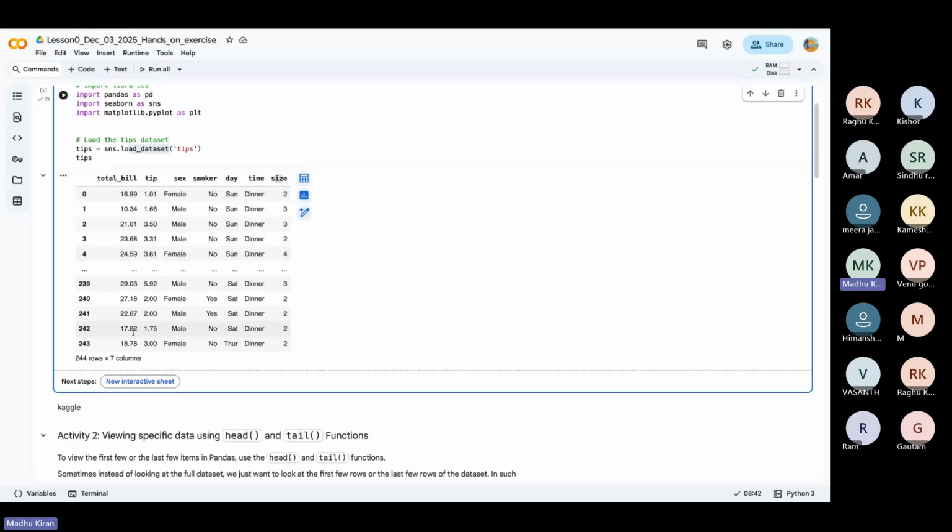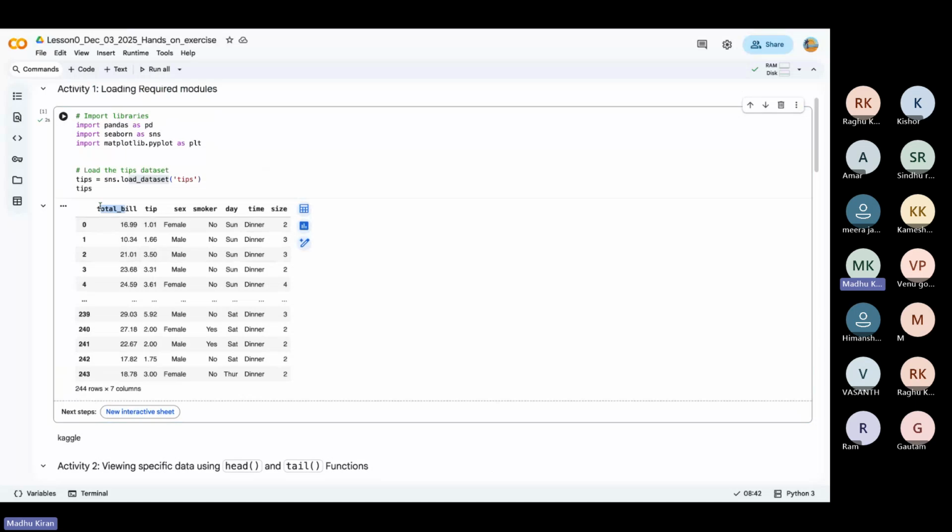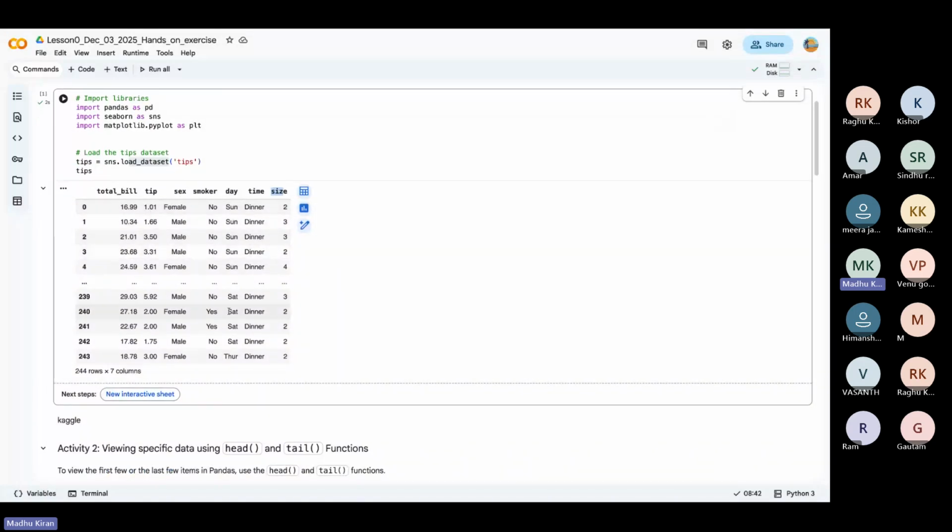What we are trying to analyze here is, based on the total bill, is there any relationship with the tip given? We can also analyze whether smokers are giving more tips or non-smokers. Whatever analysis we do is based on these 244 customers. It's not universal facts we are drawing from this data set. We can also look at the size and gender of the group and the tip given. So this is the data set we have.